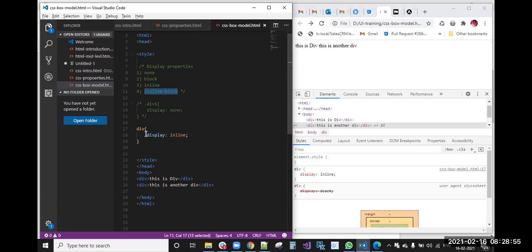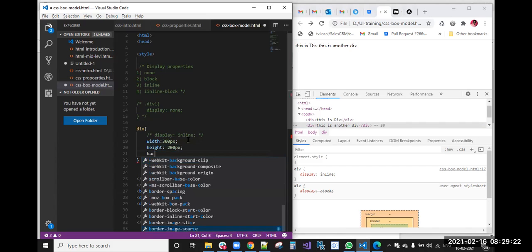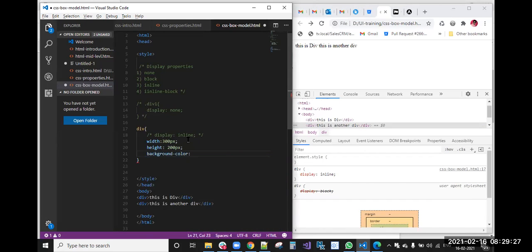I made this div display inline, but here I want to apply width, height, and some background color. First, one by one, we'll see. Width 300 pixels, height 200 pixels, and for the background color, I'm applying some brown.